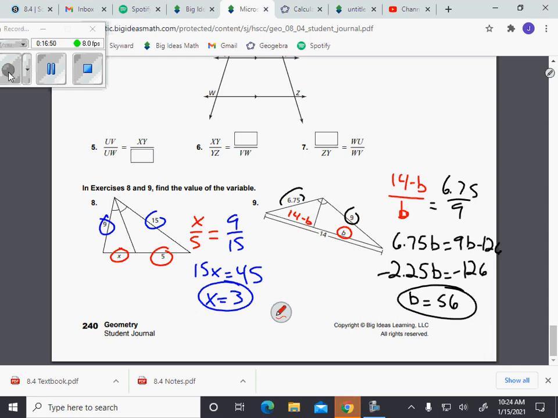Can I cross multiply? I'm going to have negative 9b, and I'm going to have a positive 126. So this number here changes. I'm going to add 9b to 6.75. This answer we can get rid of. Sorry about that. 6.75 plus 9, that's going to be 15.75b is equal to positive 126. Divide by that, we should get b is equal to